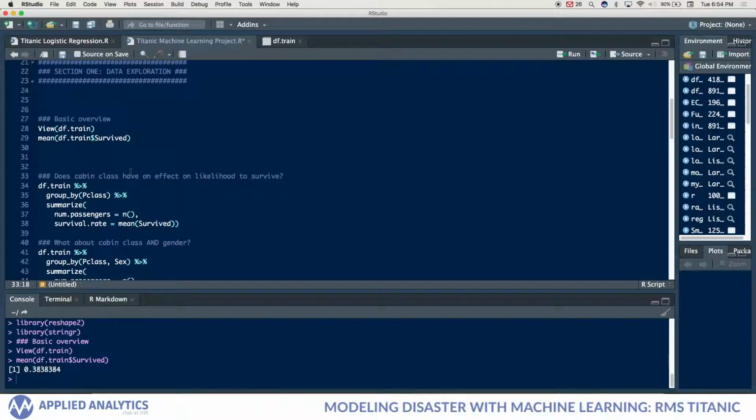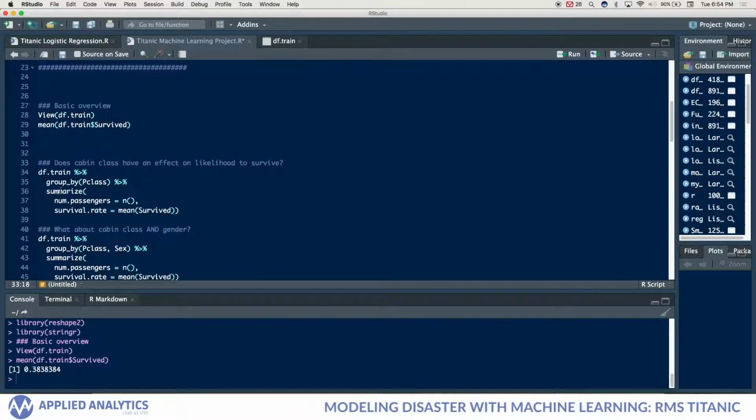If you watch the movie, which I haven't in a very long time, it's pretty apparent that socioeconomic status plays a big role in who survived and who didn't. Those in the lower classes just did not do quite as well. So I won't go too into detail, but this line of code is basically going to pull up, let's go ahead and run this right here,